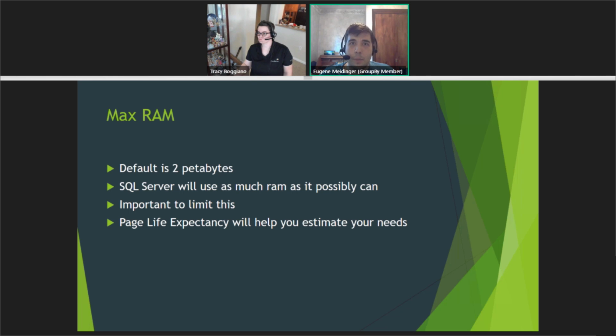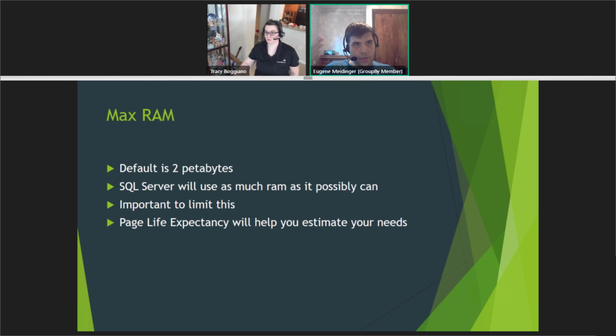Page life expectancy is a performance monitor counter that we're going to do in the demo that can help you understand, okay, do I have enough RAM in general? How do things look, and give you a better idea of some of the provisioning. But if you Google it, there's formulas out there for what to set this to, and generally it depends on how much RAM you have for your SQL Server, but you want to leave